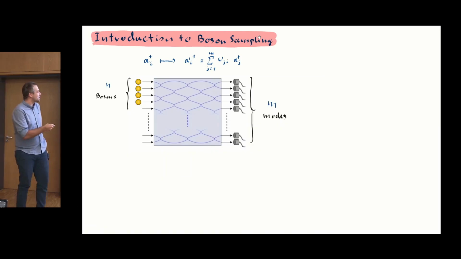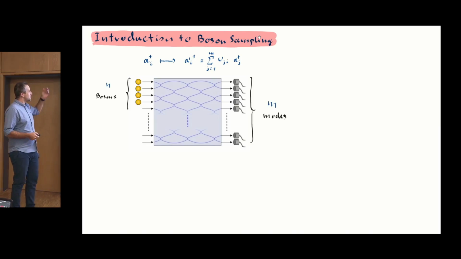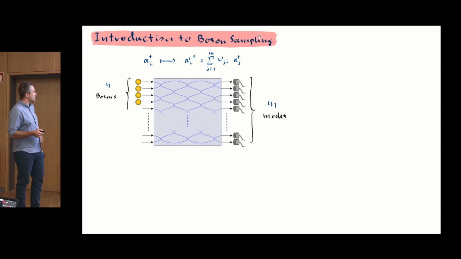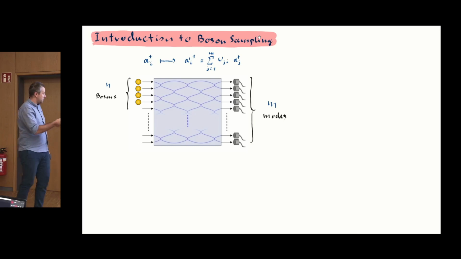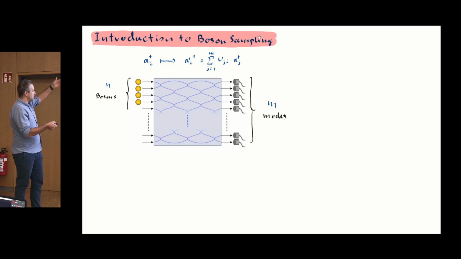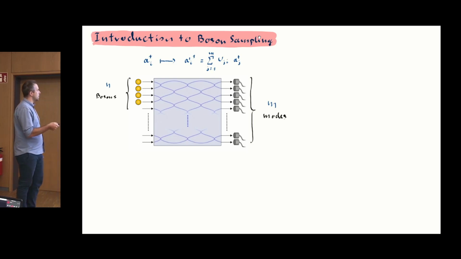Okay, so just to set the stage, we are interested in a paradigmatic boson sampling experiment in which n Fock states enter a linear optical interferometer described by some unitary matrix U. They scatter through this interferometer. You get particle number detectors in the output. You have m photonic modes in total. So you record clicks.